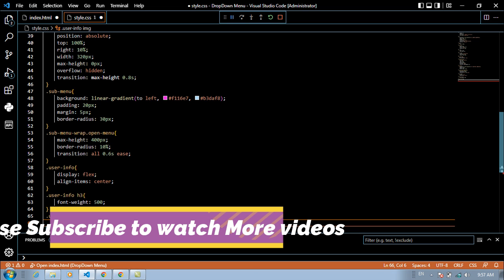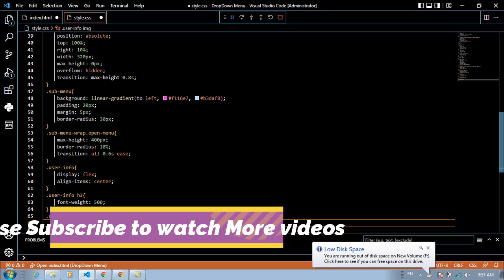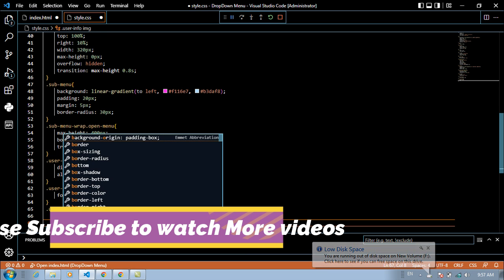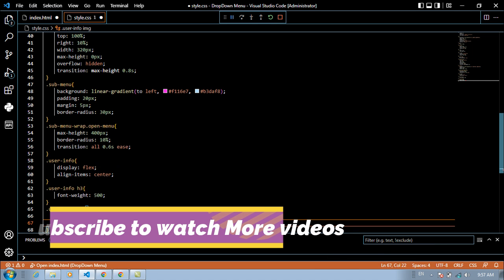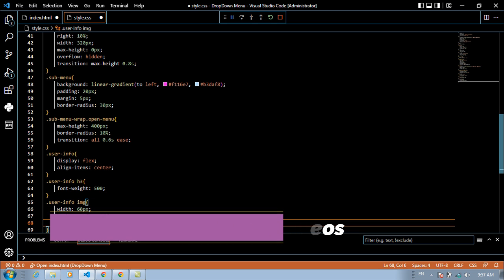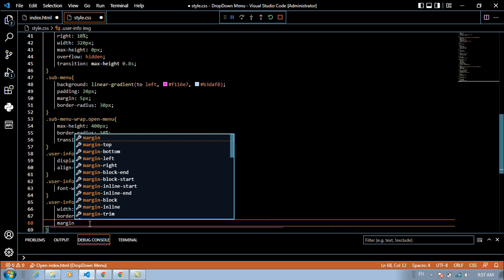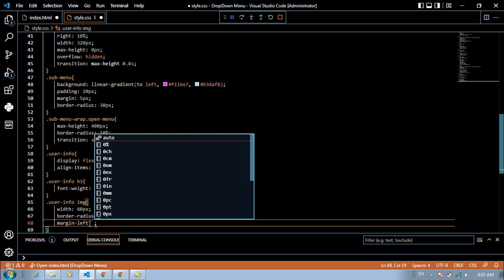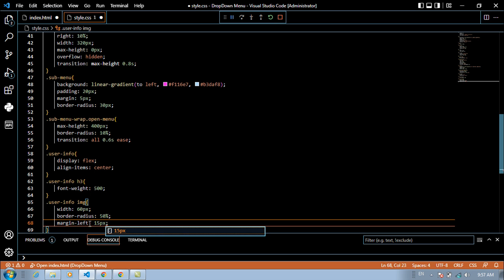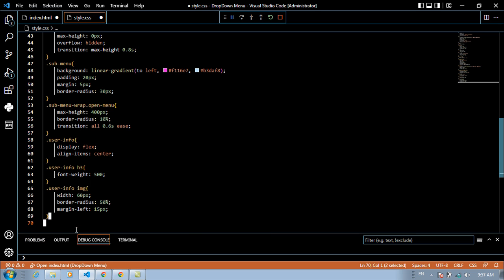For this one, we can open set for img. Width should be 60 pixel for this one, and border radius should be 50%, and margin from left space should be 15 pixel for this one. So we can go ahead